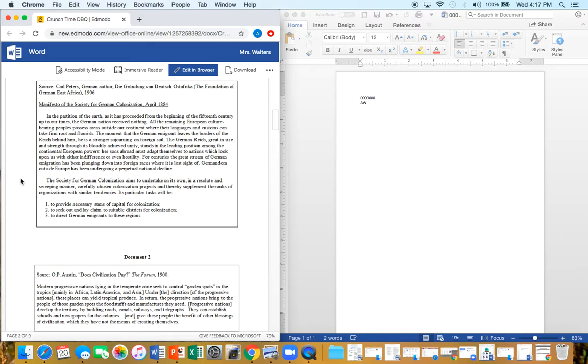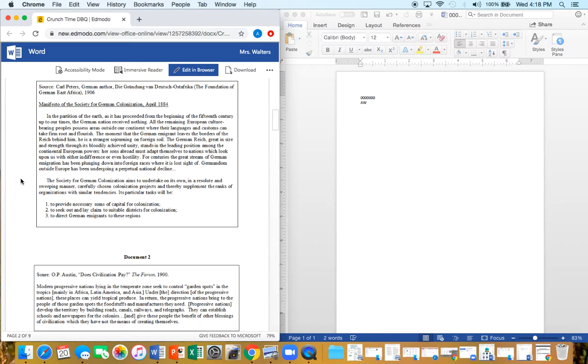In the partition of the earth, as it has proceeded from the beginning of the 15th century up to our times, the German nation received nothing. Huh, they're talking about when the Pope gave land to Portugal and Spain. All the remaining European culture-bearing people possess areas outside our continent where their language and customs can take firm root and flourish. The moment that the German immigrant leaves the borders of the Reich behind him, he's a stranger, sojourning on foreign soil. The German Reich, great in size and strength, through its bloodily achieved unity, stands in the leading position among